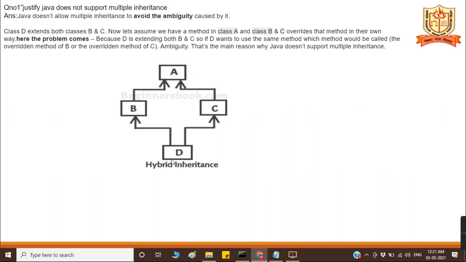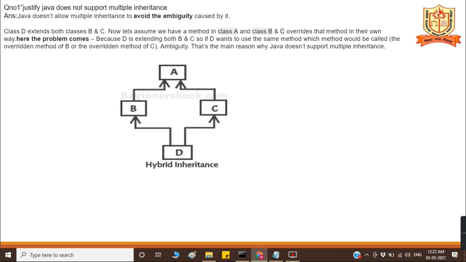So when this D wants to call the method, which class should it call? B call करने का क्या C call करने का? So ambiguity is the main reason why Java does not support multiple inheritance. Is it clear?